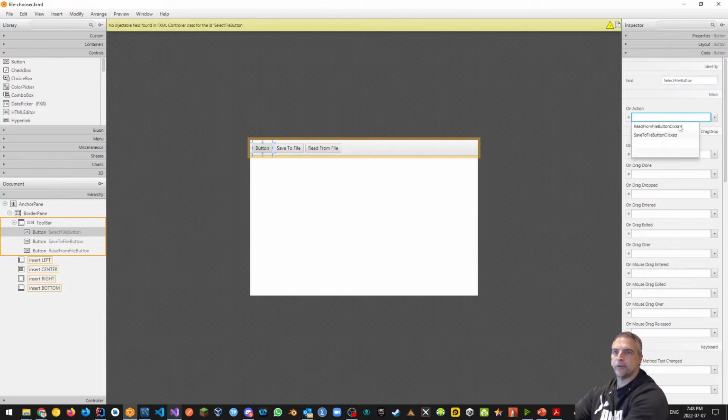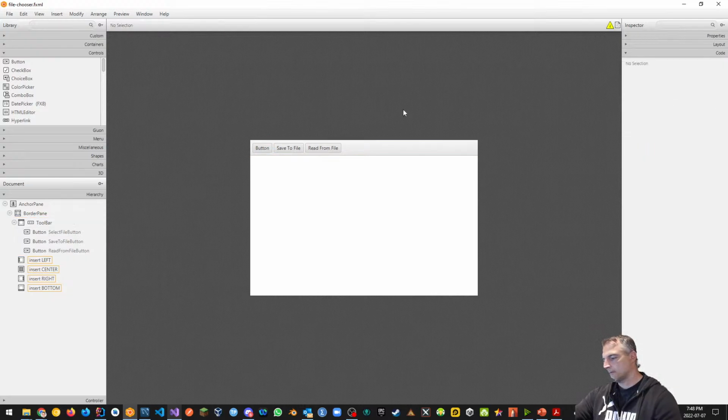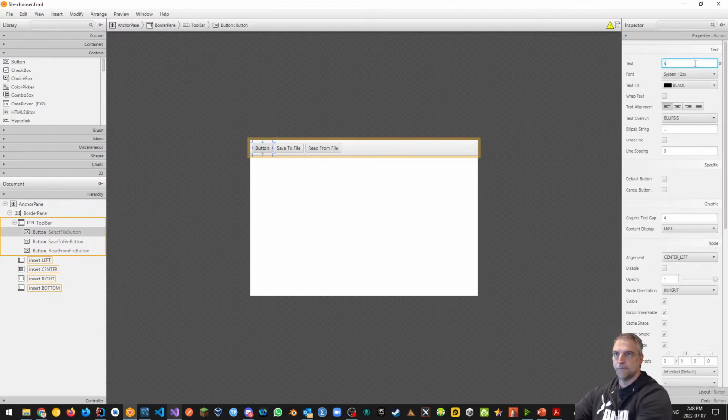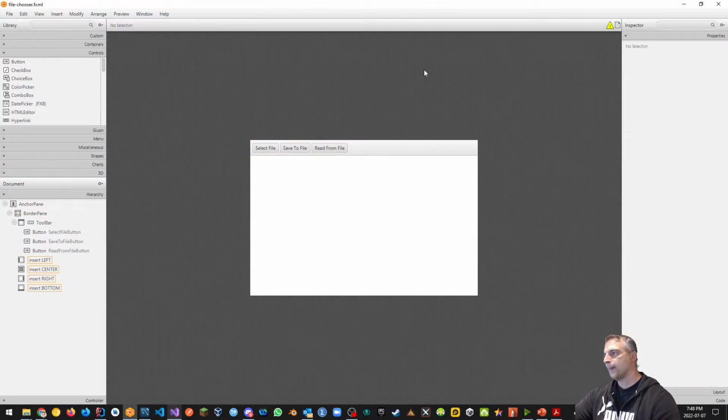And this is going to be select file button clicked. That's going to be the action. Maybe we can actually rename this select file. Select file, there it is. I think what I also need to do,